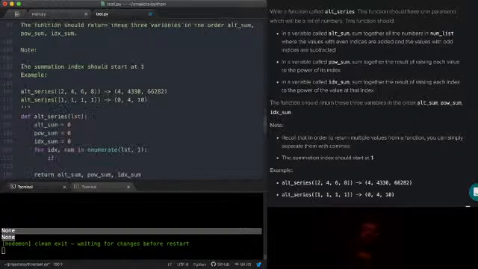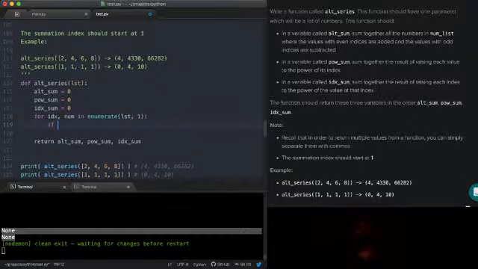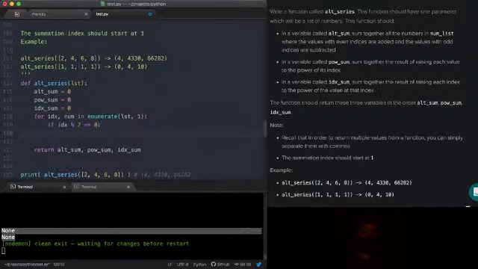Okay, so if idx is even, in order to tell if it's even, I'm going to say if idx mod 2 equals 0, then we're going to say altsum plus equals num.